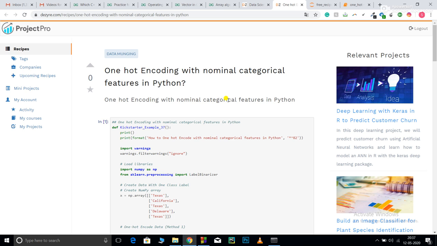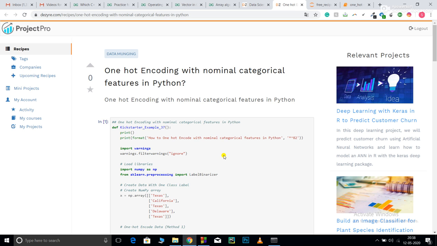Many times in the dataset, you must have seen entries of city. For example, consider entry of sex, that is basically male and female. They are in string format, but we also need that to train our model. Basically, one hot encoding is the process of converting categorical features that are string features into numerical features. So why do we need to do that?